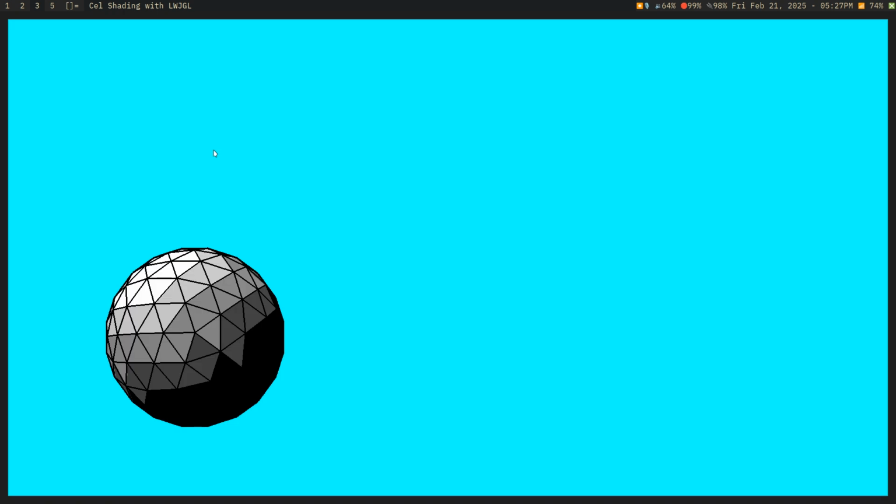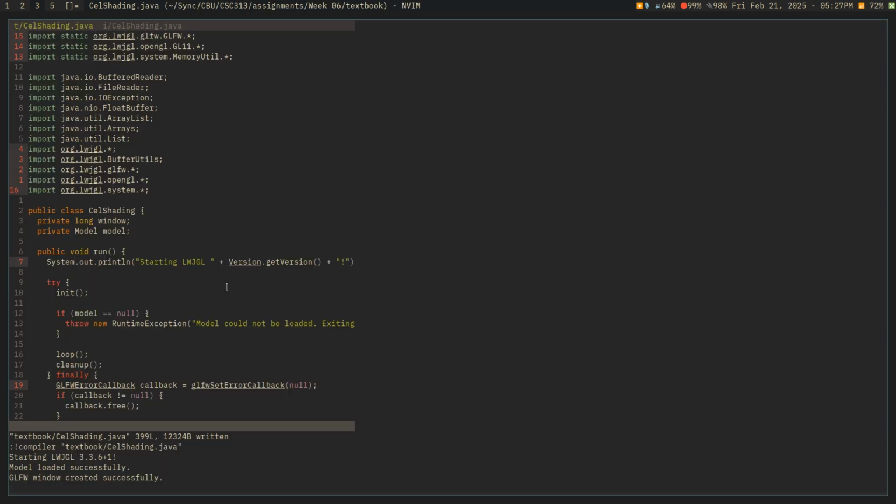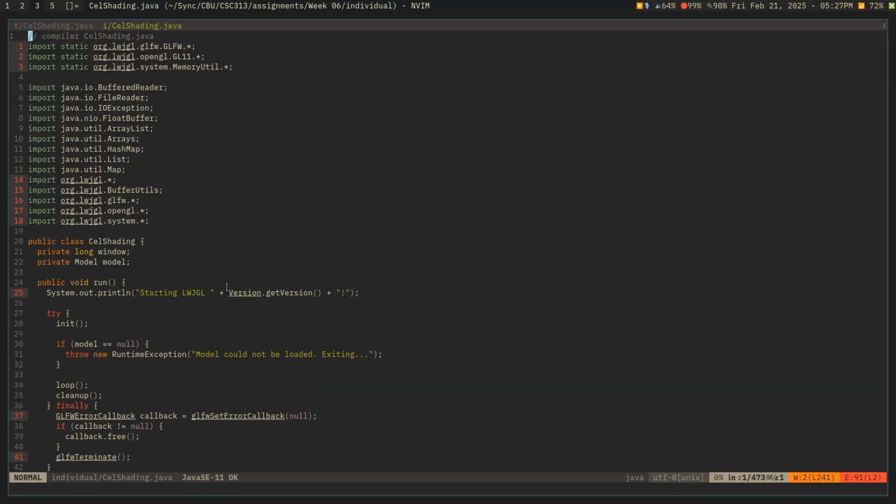But in our version, see, in the textbook it's one solid color. Now in our version,